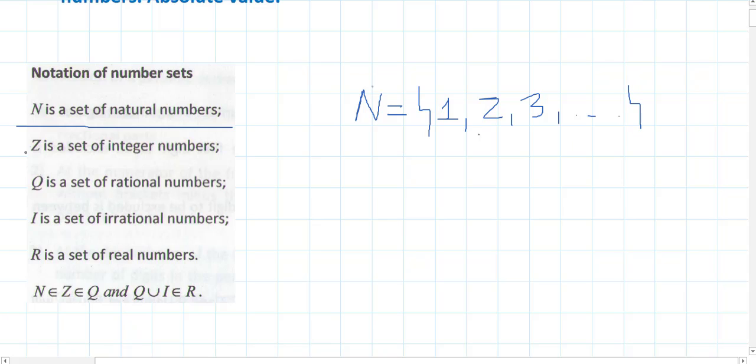The next one is Z, the set of integer numbers. So here we have integer numbers, for example, 3 dots, and we have -2, -1, 0, 1, 2, etc. So this is the set of integer numbers. Firstly, why here we have 3 dots and here also 3 dots, because if we consider the